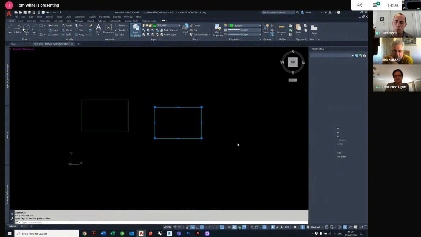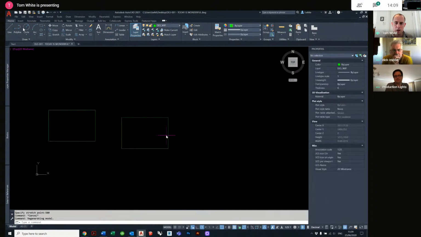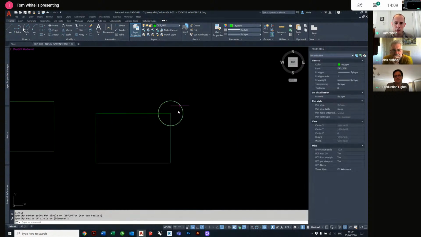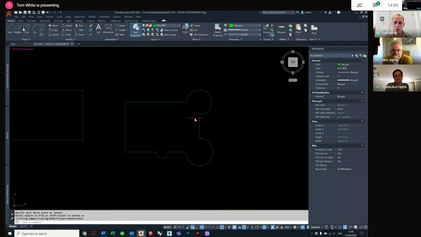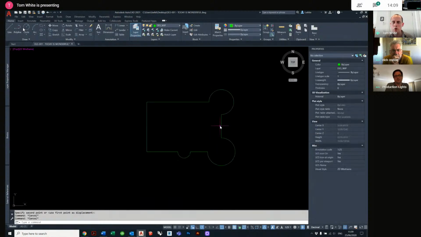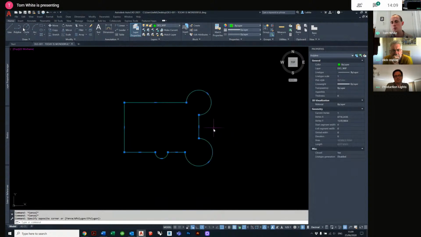A scenario where that wouldn't necessarily work is maybe I'm going to edit this. I'll talk through how I've edited it in a second, but I'm going to edit this, and I'm still going to produce a closed polyline. I'm going to use the boundary command. So I've still got a closed polyline, but even though it's a closed polyline, if I decide to pull these Mickey ears to the right slightly, I wouldn't necessarily be able to do it in this circumstance,